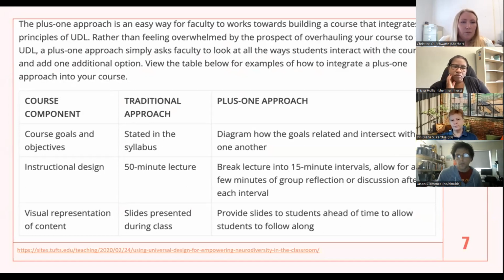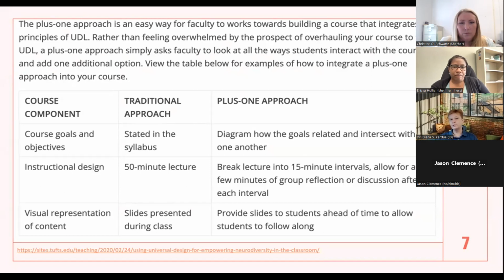So, for example, the course component of the course goals and objectives is normally, under the traditional approach, just stated in our syllabus, right? And a +1 approach might be to have an illustration, a diagram of how those goals are related and